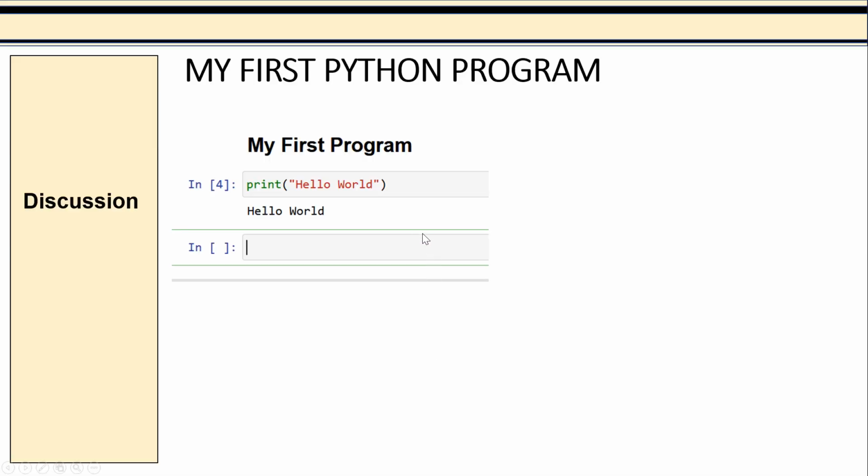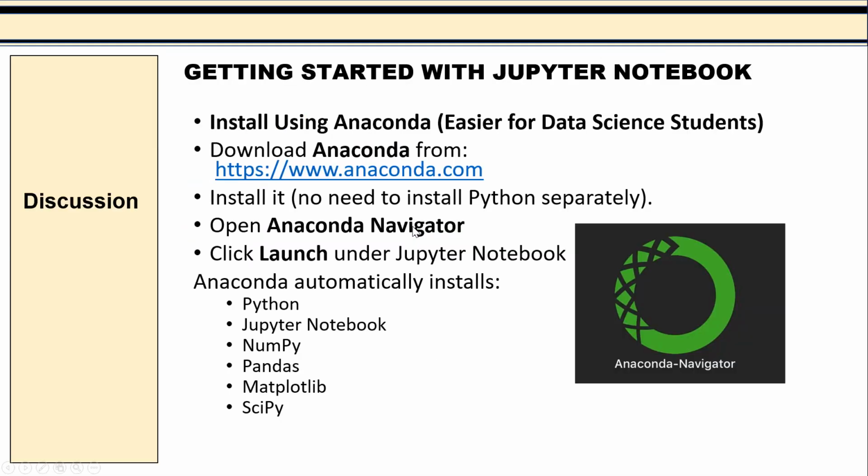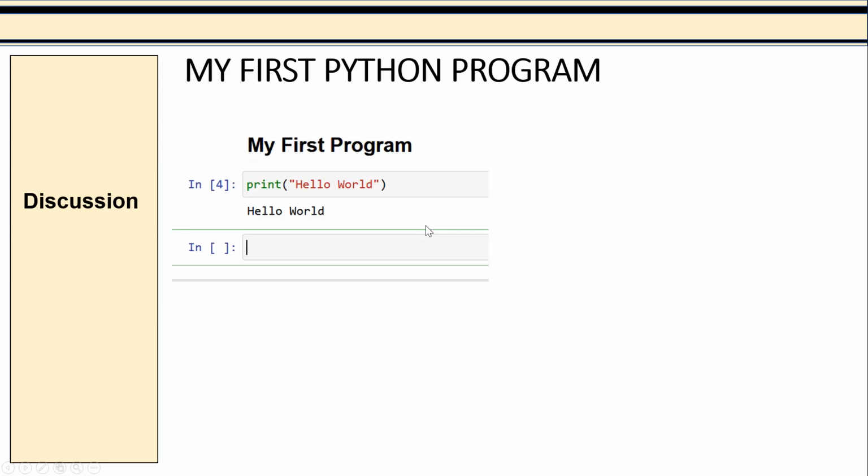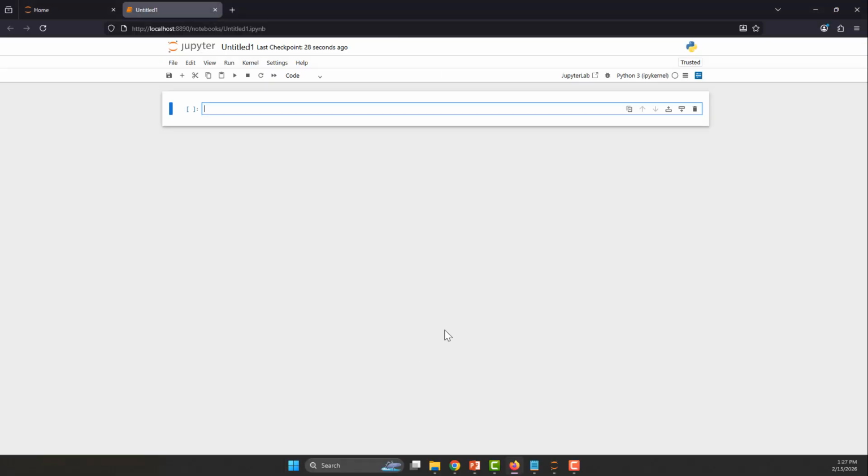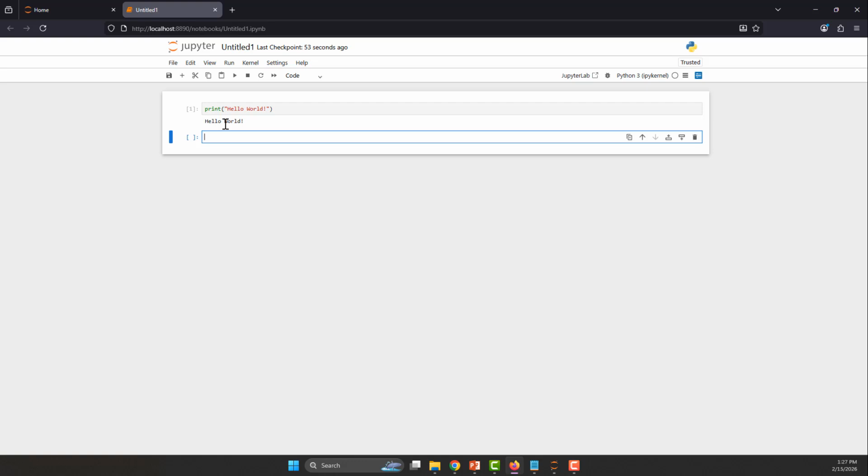From our lesson slides, let's try if we can run a simple hello world. Just type print and hello world. For you to run, you can click this or use the shortcut Shift+Enter, and that's it. We have the first program now.